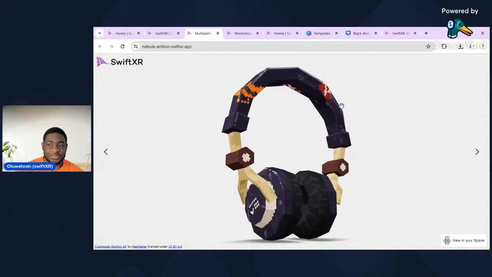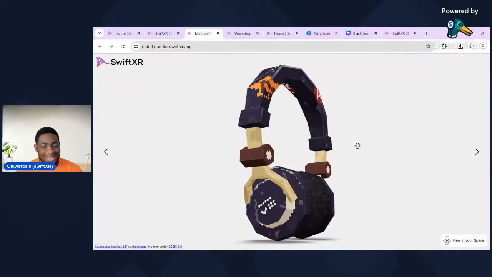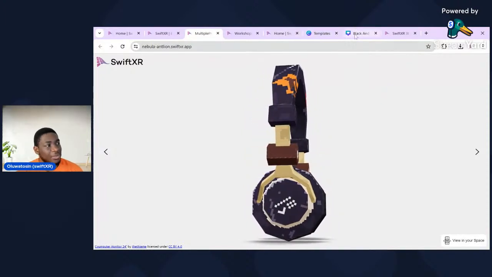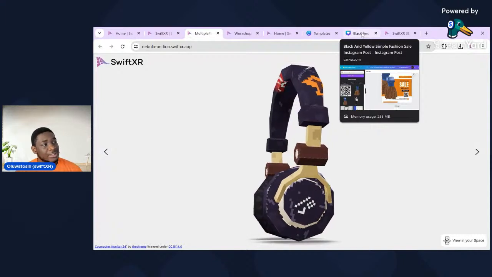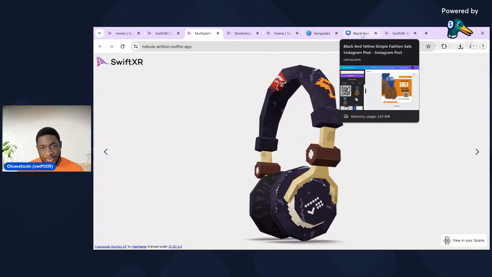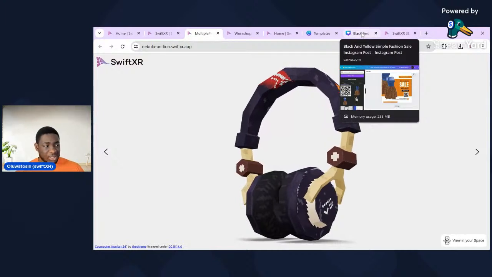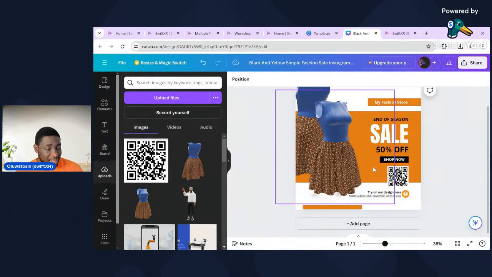And with that, we've come to the end of today's live demo session. And remember, just a quick recap, to improve product sales, what you can do easily is create your 3D product, your 3D model of your product rather. Generate snaps of it that can be used in advertisement flyers like this, and then put in